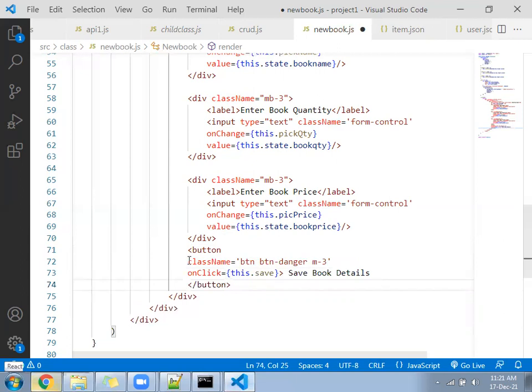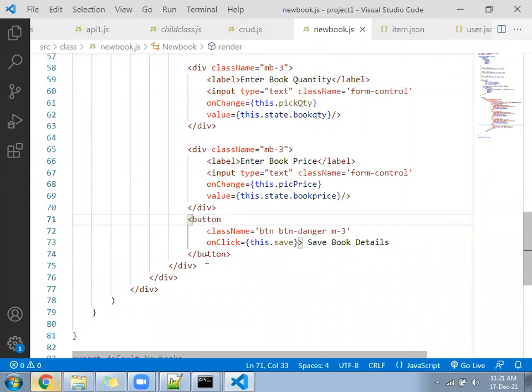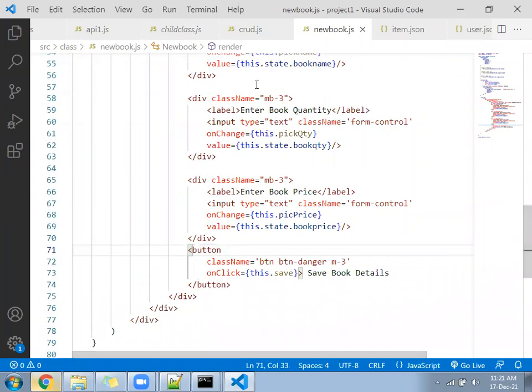Please check now. Are you getting any message? First you have to call this file in the routing. You need to call this file in the routing.